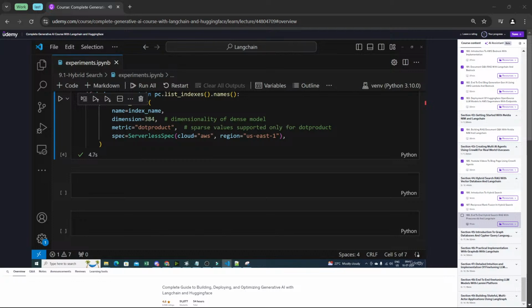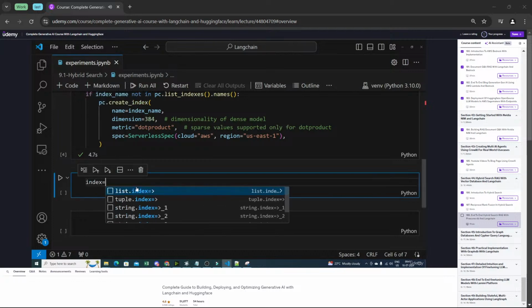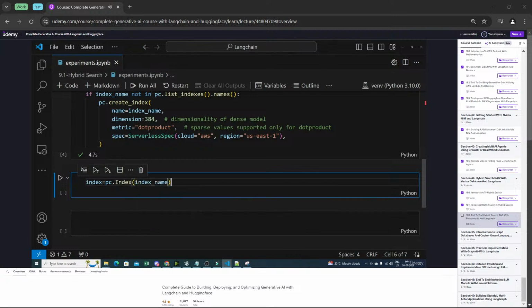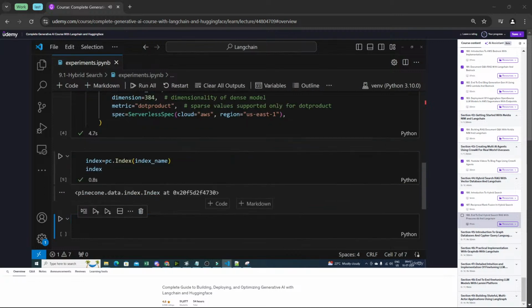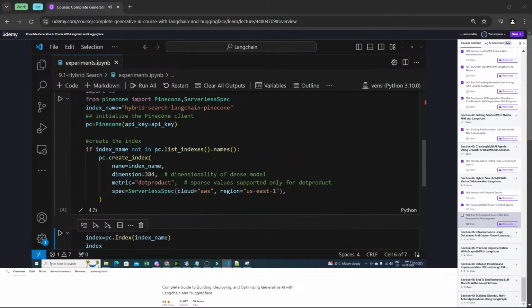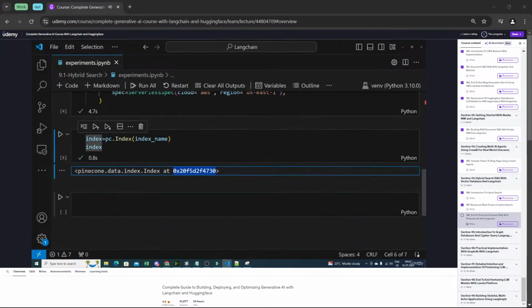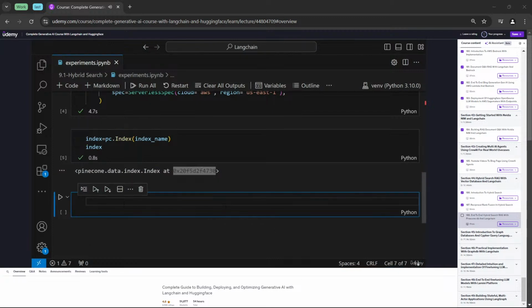Now let's go ahead and do more coding over here. I've already created my API. Now let's click on my index, and I'll say pc.Index, and here I'm just going to give my index_name. Let's see this index over here. So this is my Pinecone index at this particular memory location, and obviously my index name you'll be able to see over here. Based on this index name, I'm trying to take out those details. Now first thing first, you know that our entire project is a combination of two different